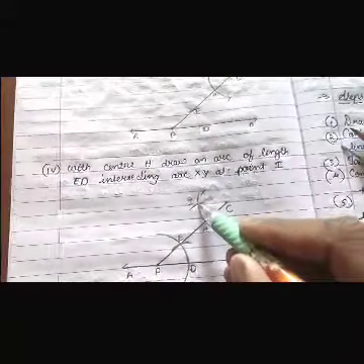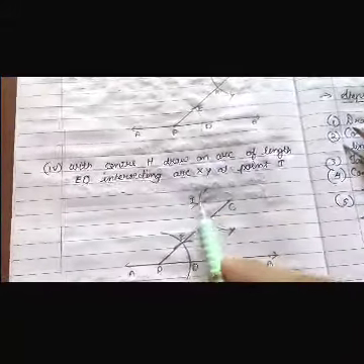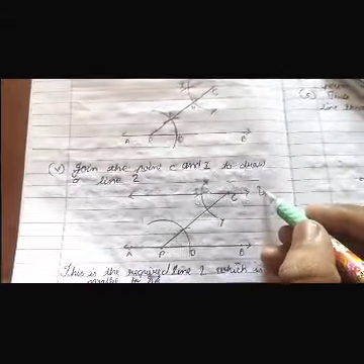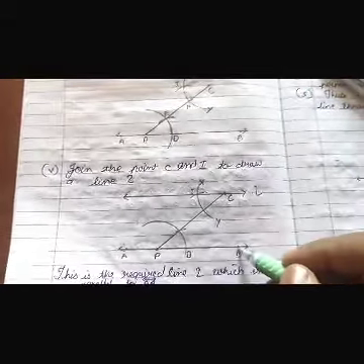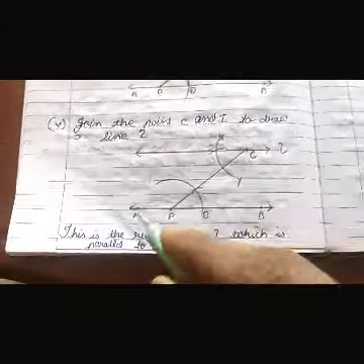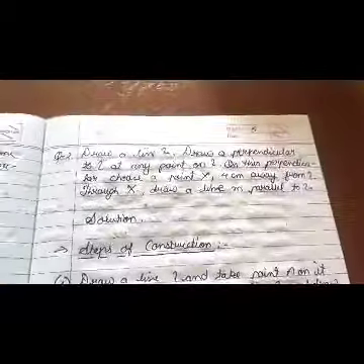Now once we get this point, you can observe that we get the straight line. So now the final step, join CI to draw a line L. So we can say that this line L is parallel to AB. So this is the required line L which is parallel to line AB. Now let us see the next sum.